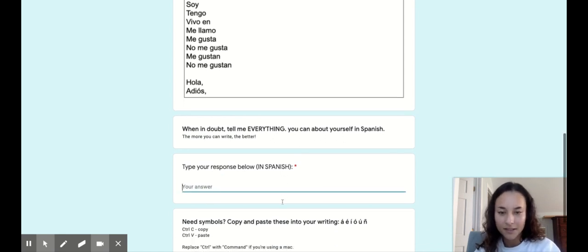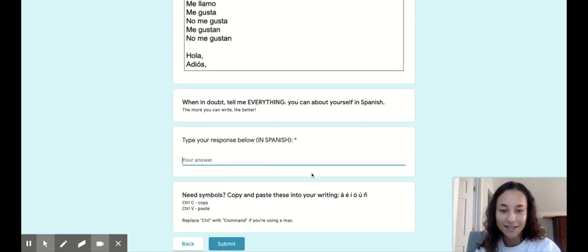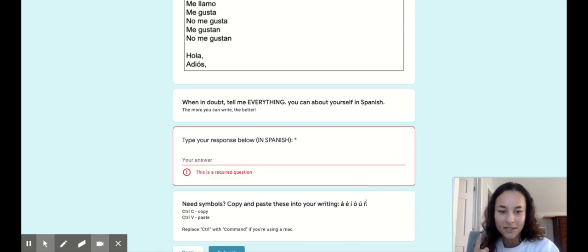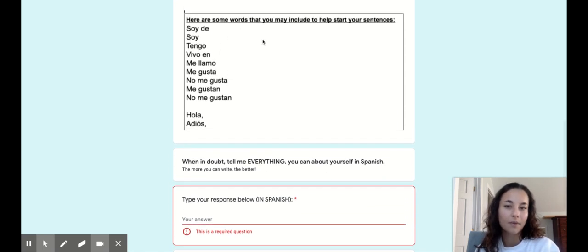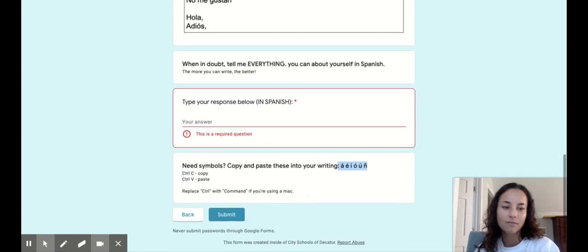You're typing your response below. And thanks to your great ideas, I have all of the Spanish symbols right here that you can copy and paste if you need them in your writing. Remember to use these sentence starters. They're awesome for helping. So that is it. You'll hit submit. Once you're done, you're free to go